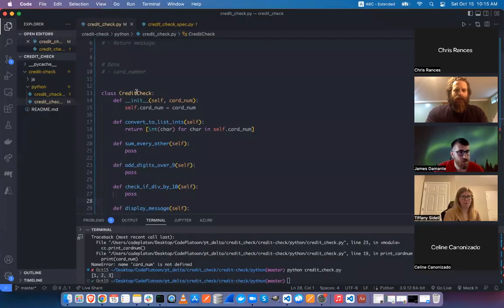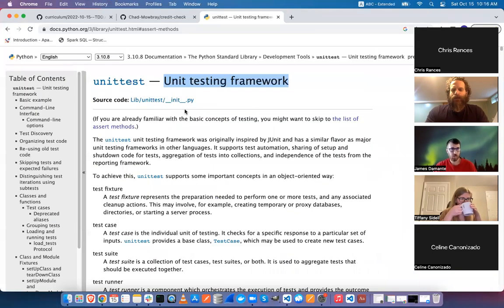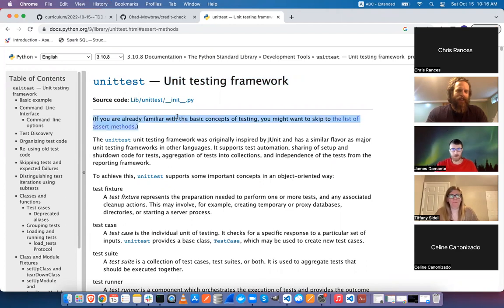So we started writing our credit check and we kind of implemented our first method here. And now we want to make sure that this is correct. And so we're going to formalize that because we're professionals now. So we're going to write unit tests. So Python has unit tests built into the standard library. There's a whole bunch of cool tools and utilities and basically specialized